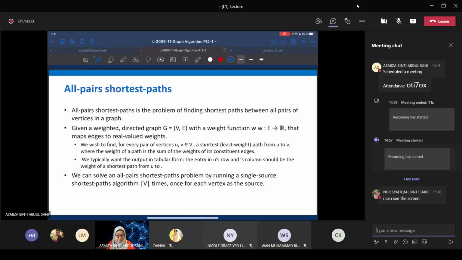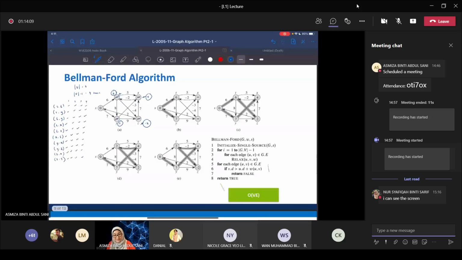But before we look into all pairs shortest path, if you notice, when we did the Bellman-Ford algorithm just now, we don't really apply the greedy approach. What we did was keep track of the possible solutions we can get by going through all the edges. We look at all the possible answers, and the solution is based on the table, or the computation that we have made. So Bellman-Ford is a little bit different from Dijkstra, because Bellman-Ford uses the dynamic programming approach,